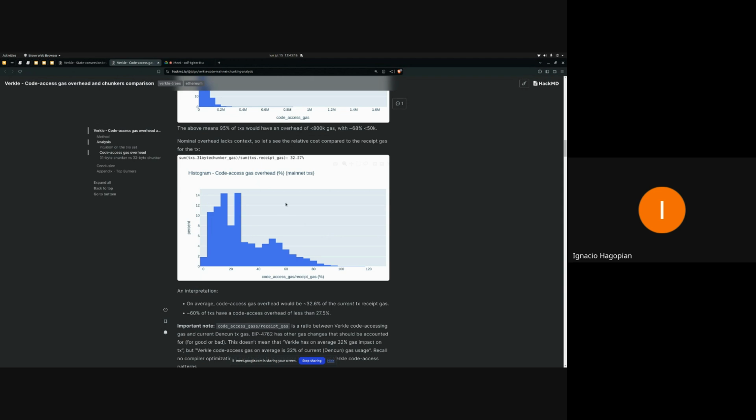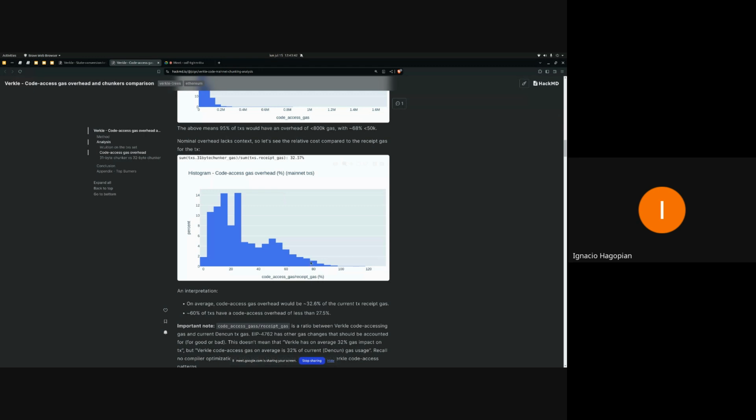And the answer to that is that on average, that would be around 30%. So basically, if you take a random mainnet transaction and it's consuming 100 gas, the amount that it will consume regarding code accessing will be 30. Okay, that's kind of the super simplified TLDR.